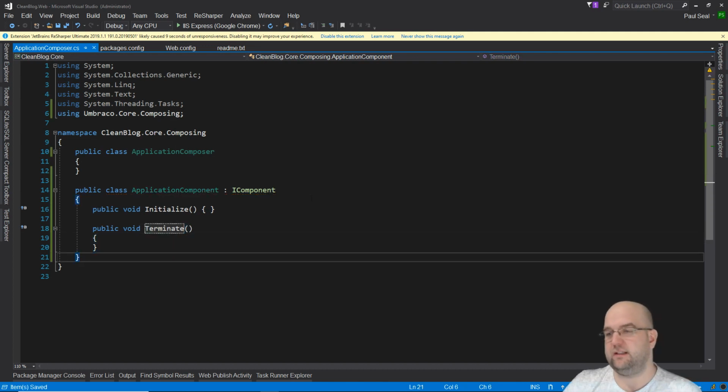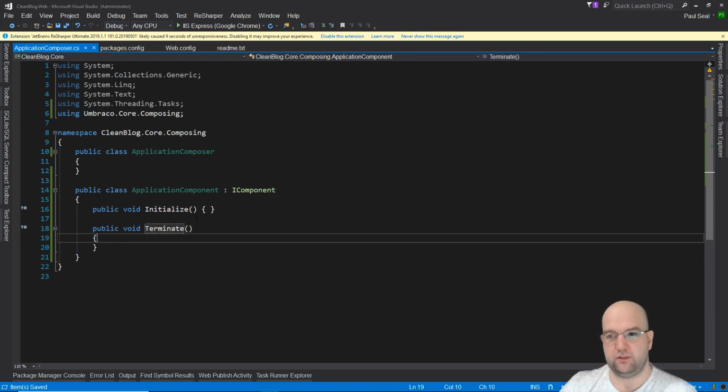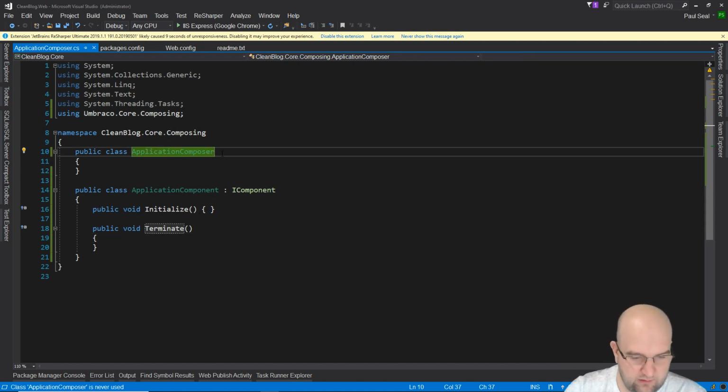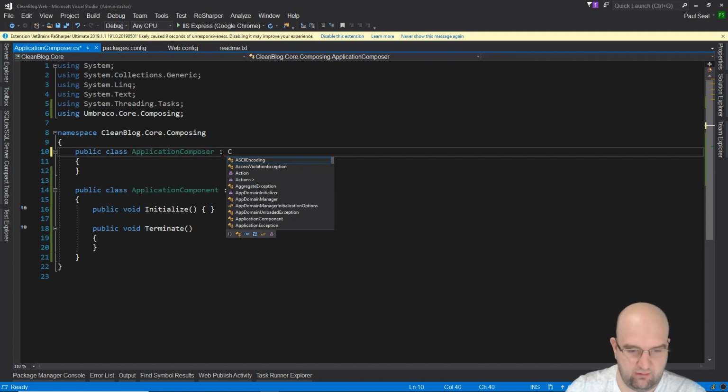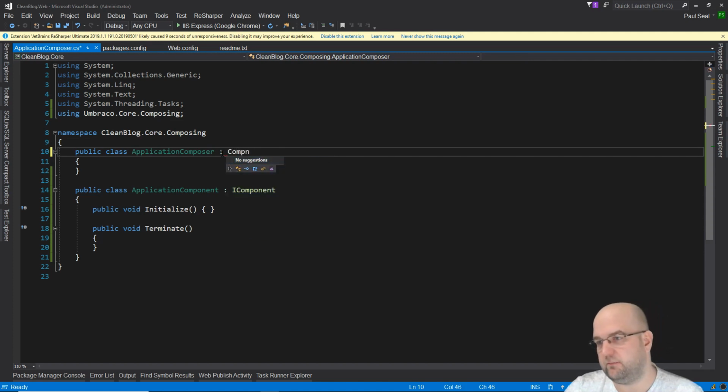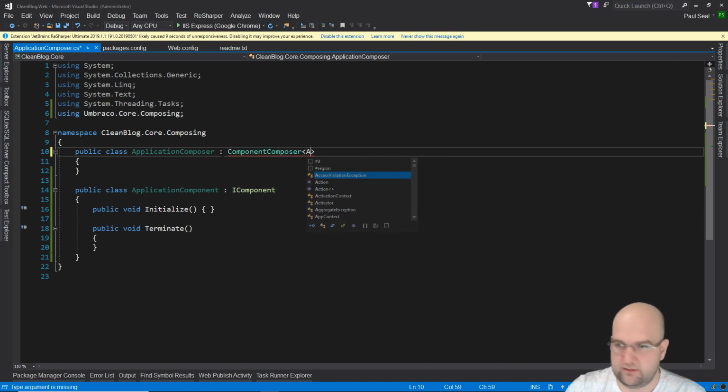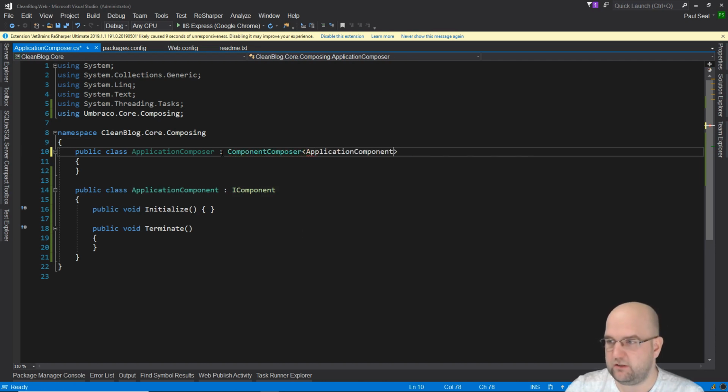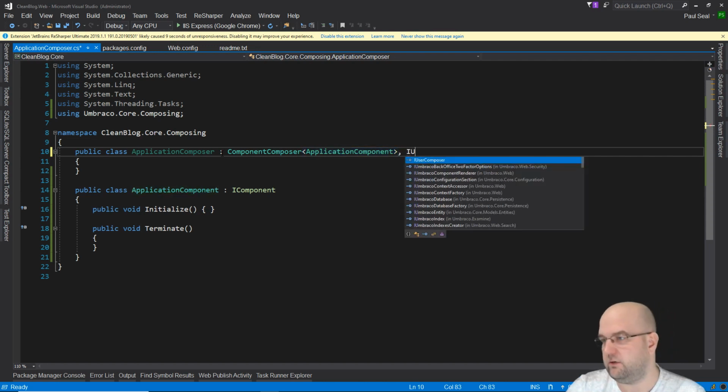So now that's satisfied this interface. It was showing as red before, but now it's not, because we've implemented the two, even though those voids don't do anything yet. And then with this application composer, what we can do is we can get it to inherit from component composer,